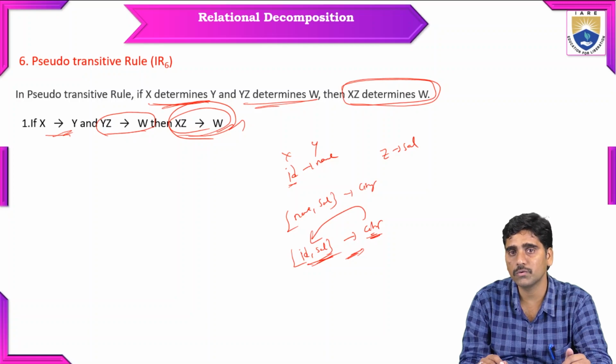So that is all about the relational decomposition process. The decomposition process is compulsory to say that the relation is in normal form. To do this, we have to do all these things: the relational decomposition process, transitive dependencies, non-transitive dependencies, functional dependencies, and the inference rules are applied to validate this